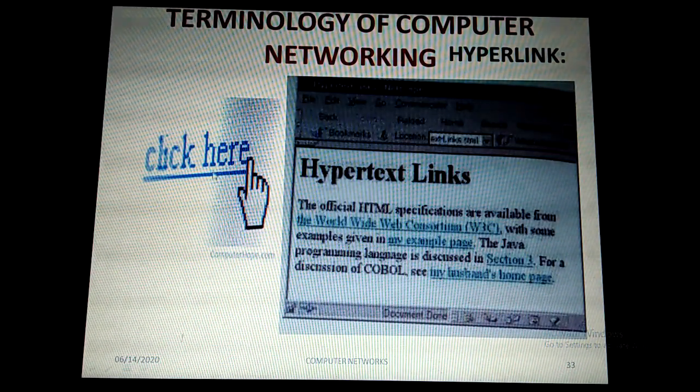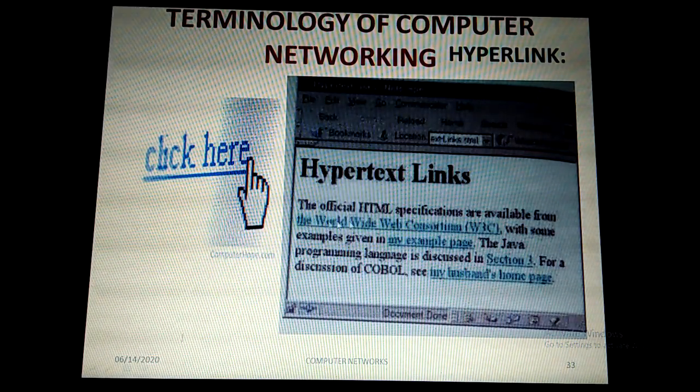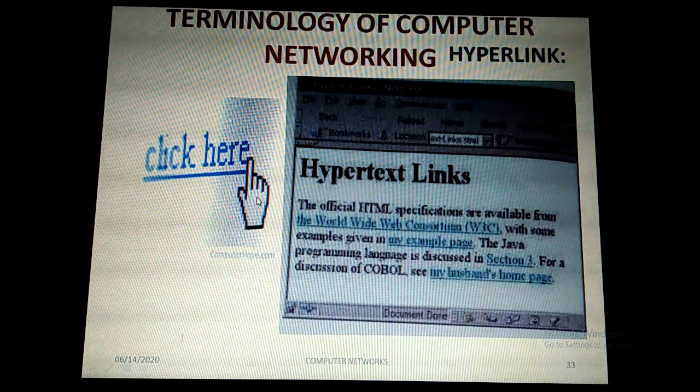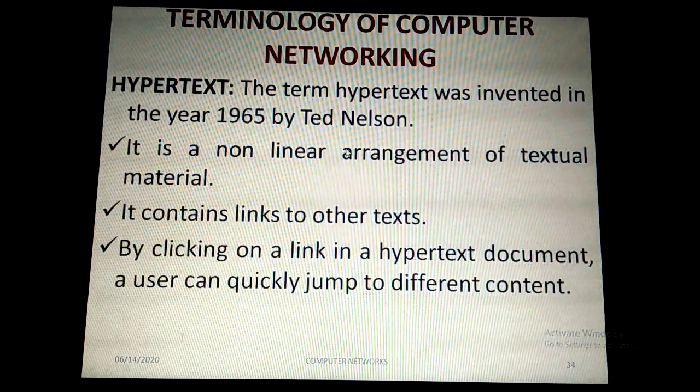See here, on any website, some text will be underlined and in a different color. If you move the mouse over it, the mouse pointer, that arrow symbol, will change to this hand symbol. That indicates that it is a hypertext link, linked text. If you click that link, it will take us to a new location.